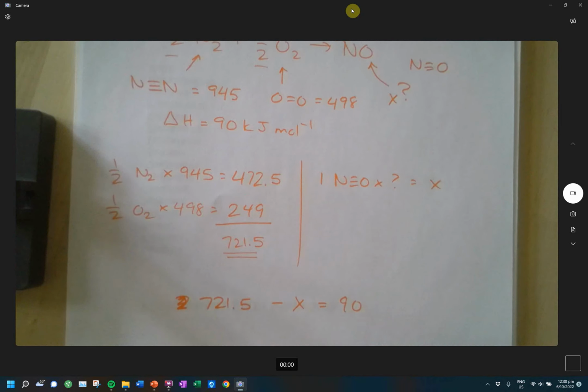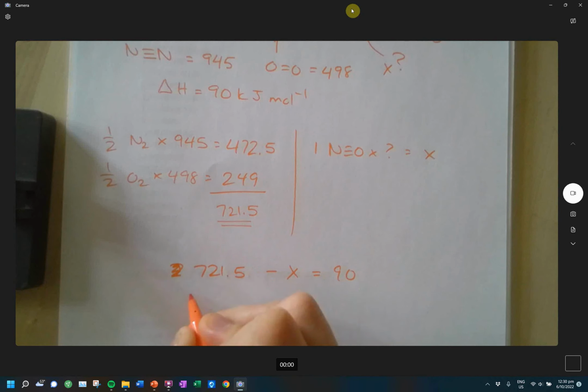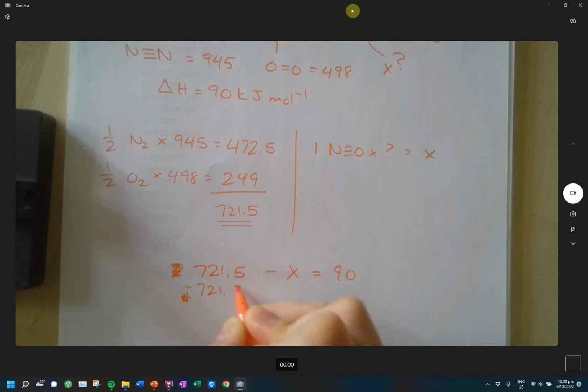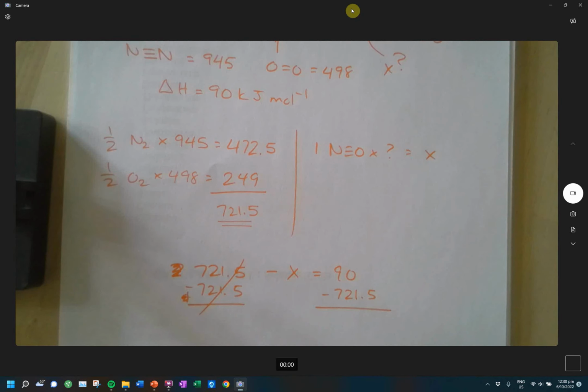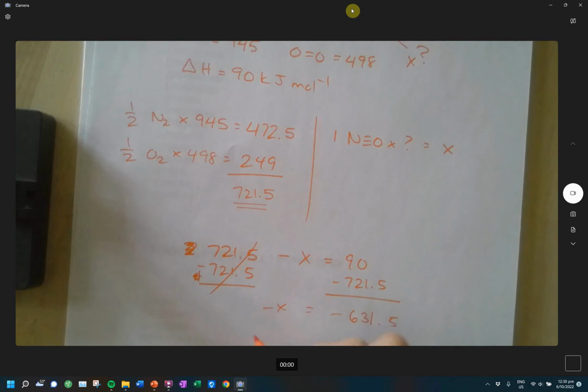So now we treat it like we would any algebraic equation. Whatever I do to one side, I need to do the other, and we're trying to do opposites to remove things. So that's going to get rid of those 2. And we're doing 90 minus 721.5. So that equals negative 631.5 equals negative x. They're both negative, so change them positive. X is equal to